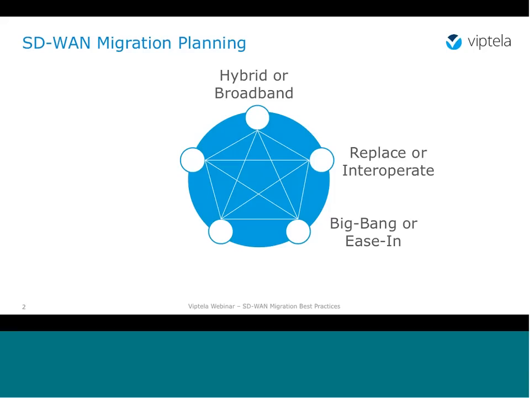The question to ask is, there is going to be a period of time in between when you're going to have a SD-WAN portion of the network and you're going to have a traditional network coexist, which is still fundamentally okay. The question to ask is, how do you want to make sure that two islands talk to each other? Do you still want to have connectivity across all the sites? Do you want to have a bridge in between that connects the two islands? Those are kind of the fundamental